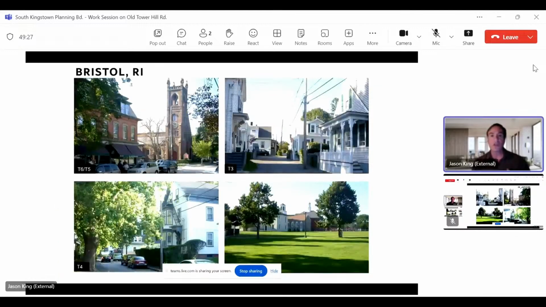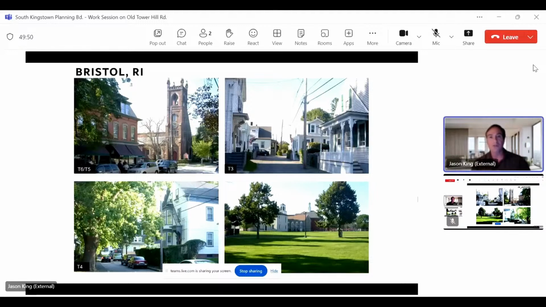In terms of the New Englandness of it, I grew up in Bristol, Rhode Island, across the bay, and you can see that these form-based codes are based on historic places like Bristol. The downtown, the Main Street, Oak Street in Maine. It looks like the T6, T5, all the metrics, the setbacks, the heights, the opening requirements.